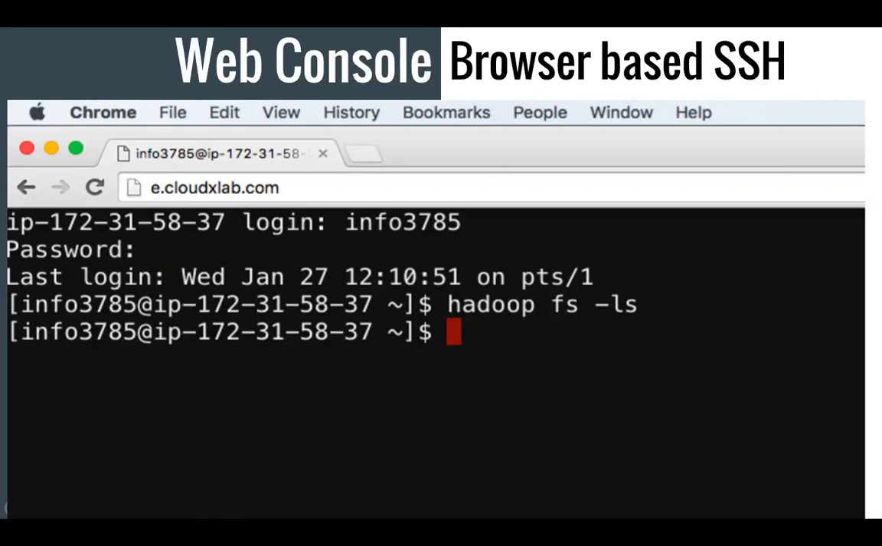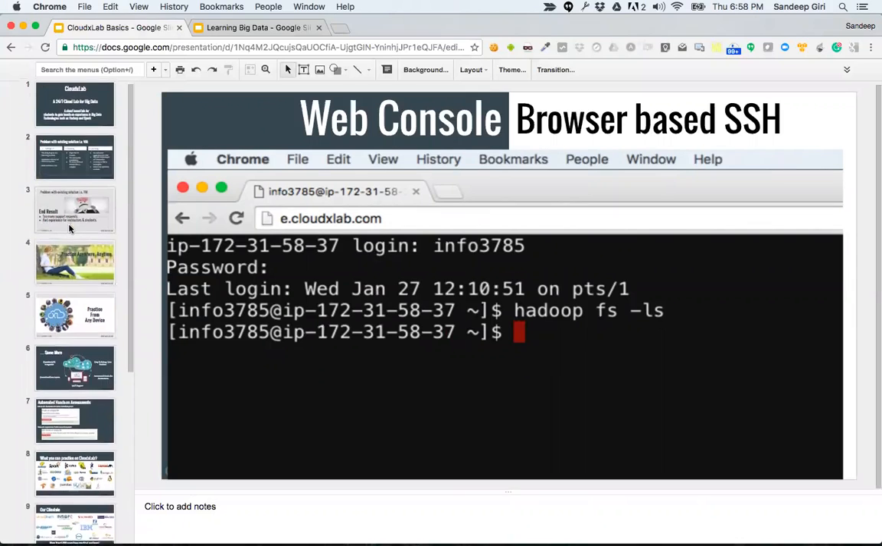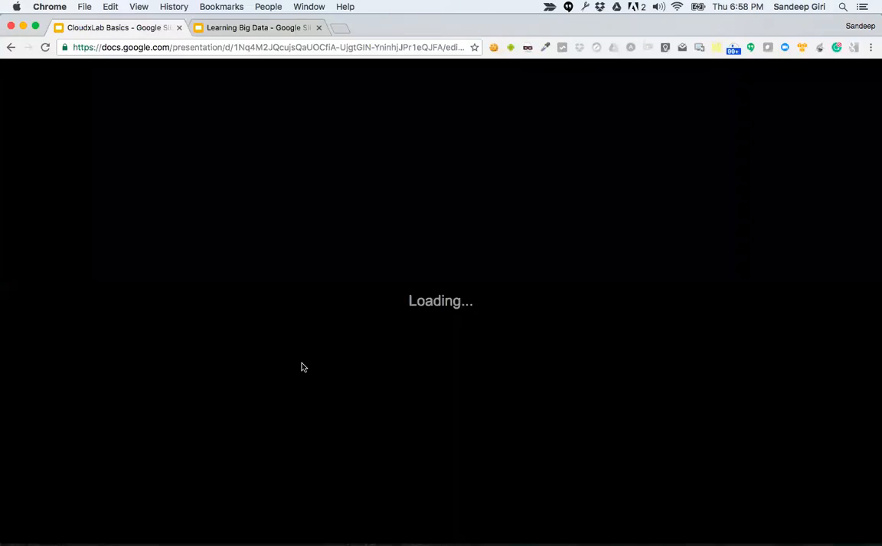For example, for iBook, we are using one particular tool. I have forgotten its name. So that's also being used here in the lab. All right, so